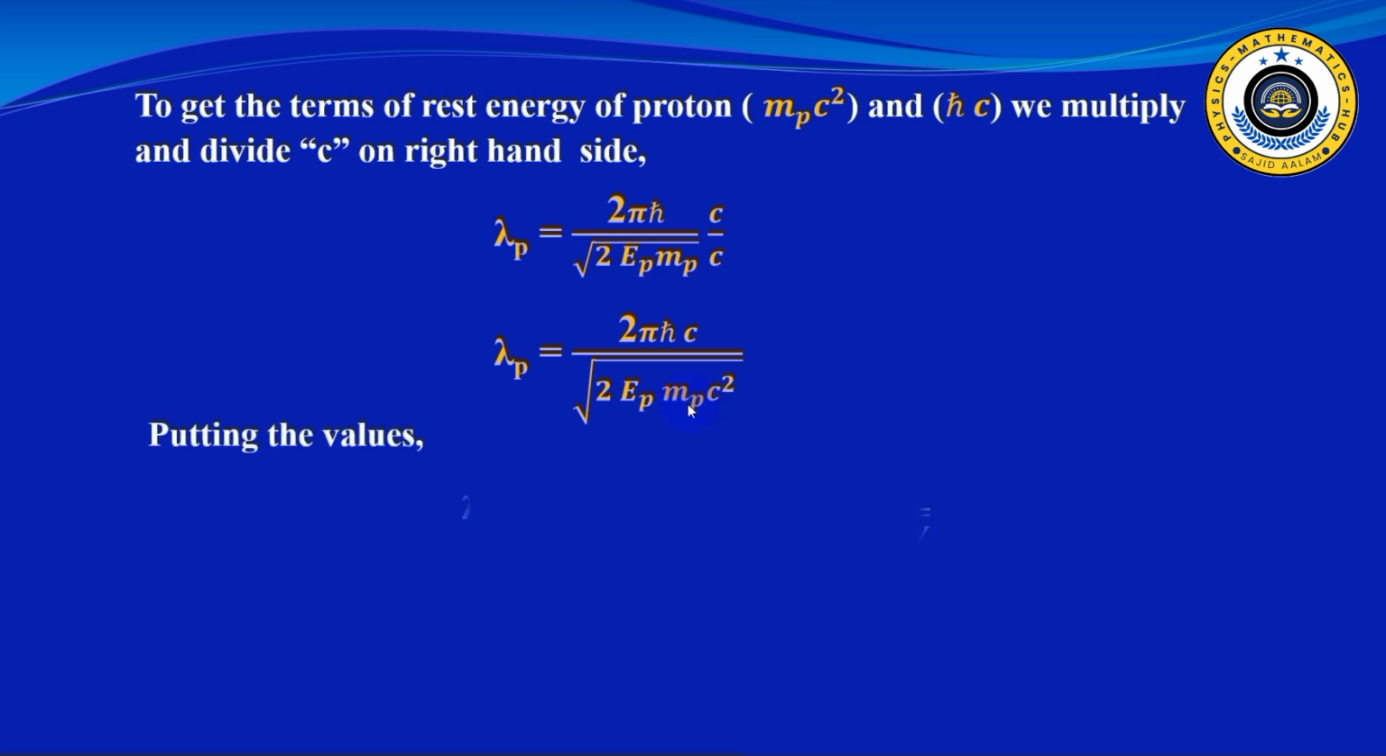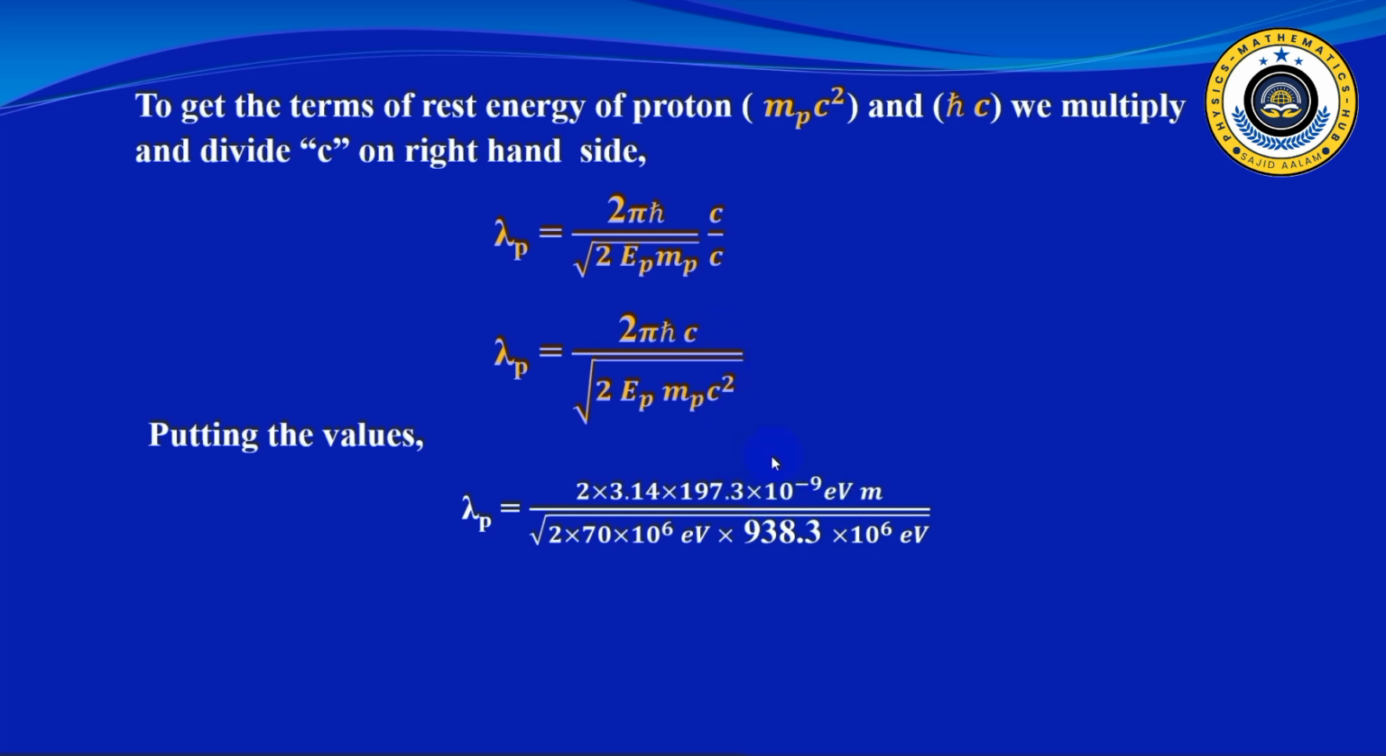Putting all the values, we have lambda P is equal to 2 into 3.14, which is the value of pi, multiplied by 197.3 multiplied by 10 to the power minus 9 electron volt meter, which is the term h cut c, divided by the square root of 2 multiplied by 70 multiplied by 10 to the power 6 electron volt multiplied by 938.3 multiplied by 10 to the power 6 electron volt. Finding the product in the numerator, we get